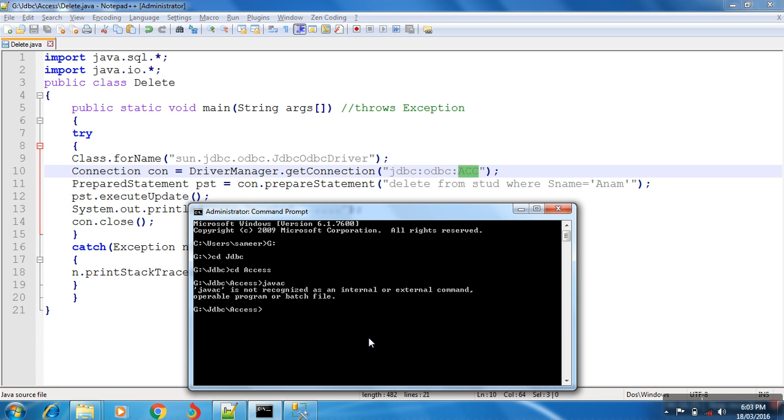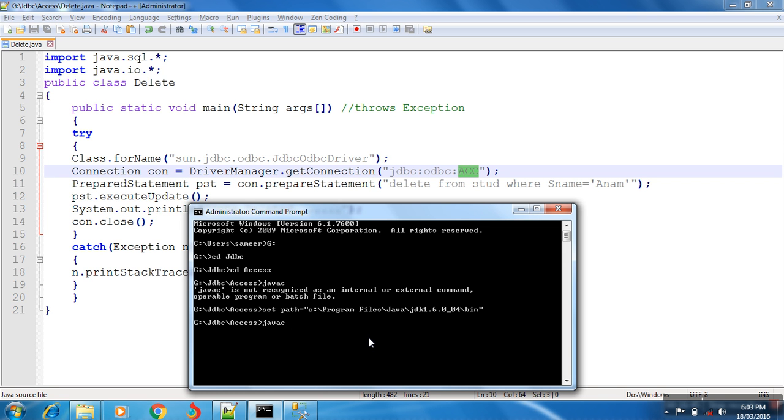So you have to first set the Java path. Set path equal to C colon, Program Files (x86), Java, JDK 6.0, we are using here, bin, then enter.